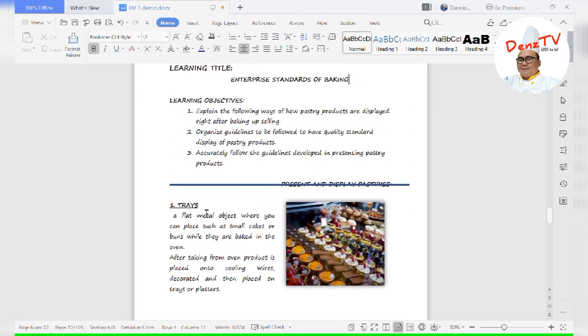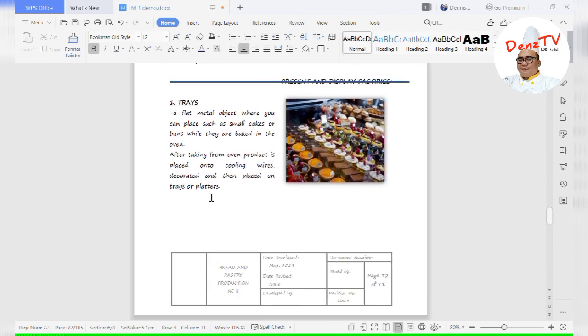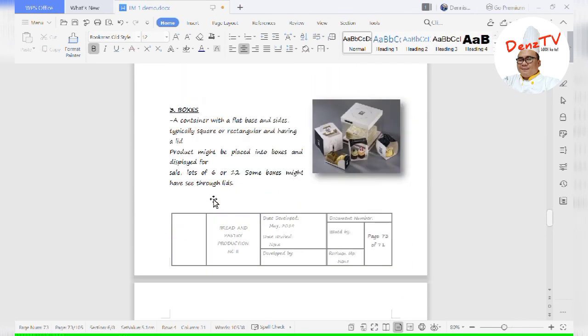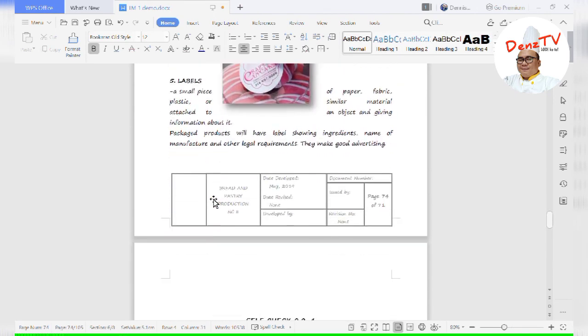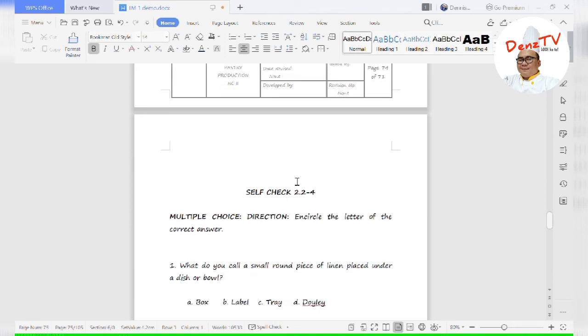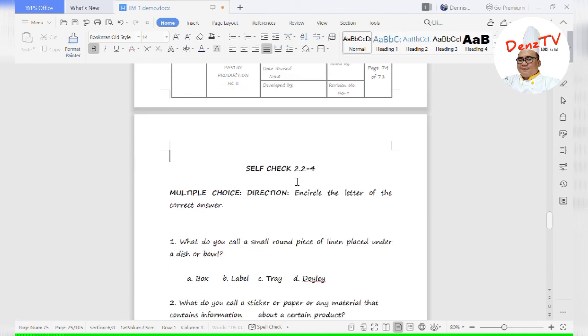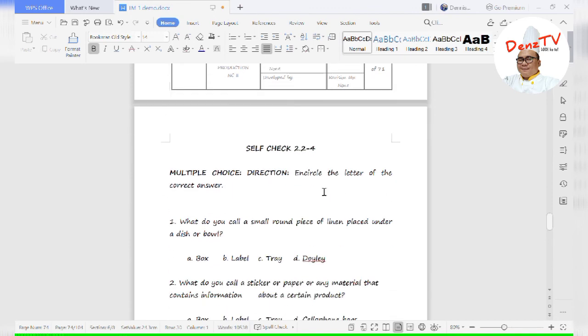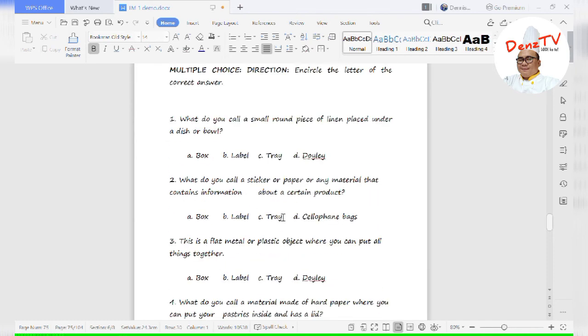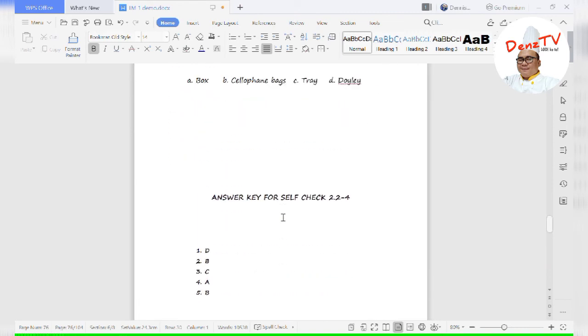So another thing we have here, be sure to have introduction here and overview. Okay, followed by body or text. Okay, a minimum of 6 pages and maximum of 10 pages. So it should always, after the information sheet, it will follow another self check for that particular information sheets. Okay, so answer key should be in separate page,